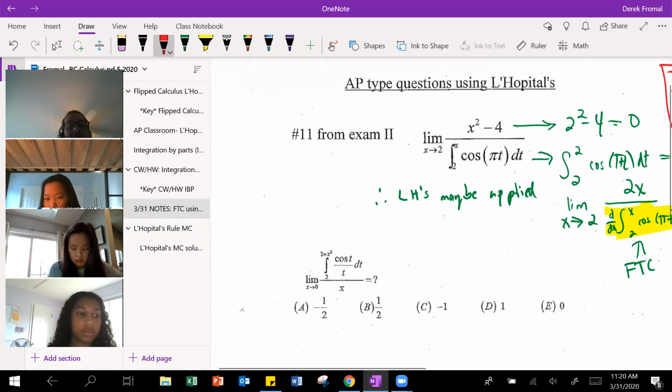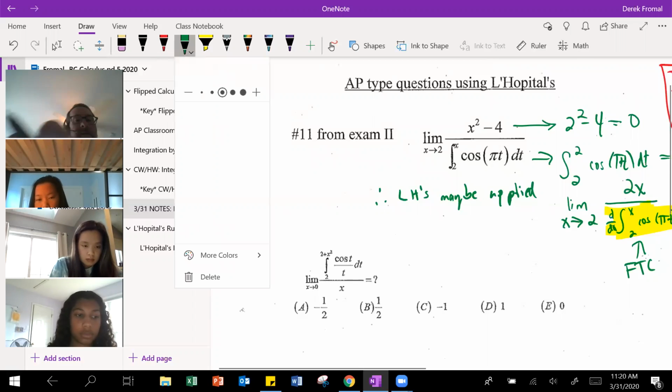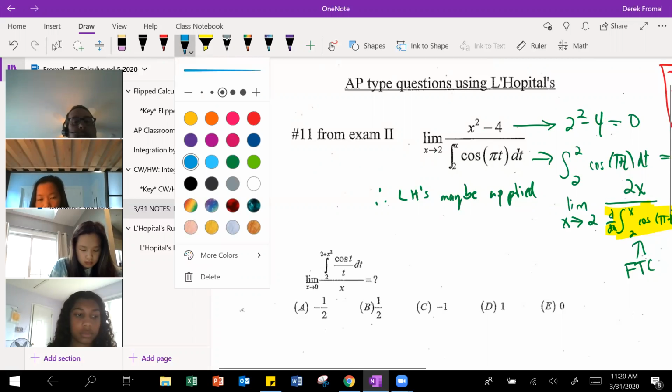Because anytime they're talking about the limit of an integral, L'Hopital's rule and fundamental theorem kind of go hand in hand. I'm sure I'm wrong. I'm sure there's been a problem like it where they didn't use L'Hopital's rule. I just can't think of it. So that being said, again, I'm going to start by showing that L'Hopital's can be applied, and that basically means